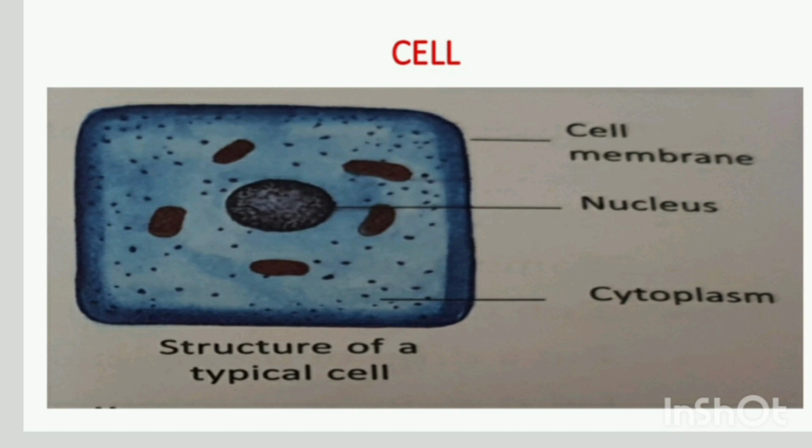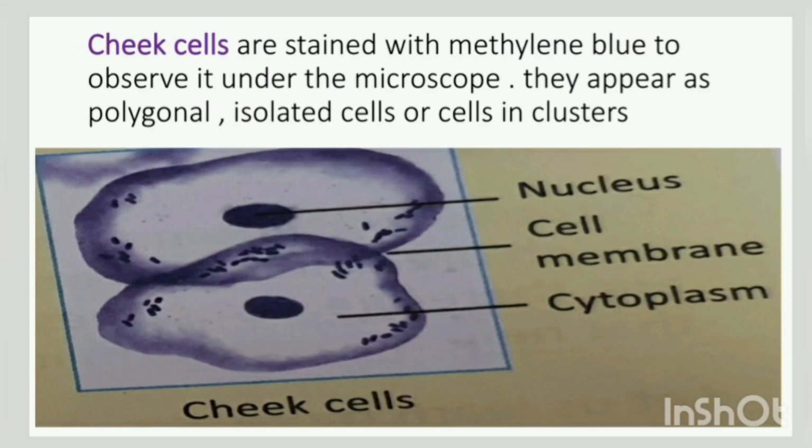And cytoplasm contains all the other structures present in the cell, which perform different functions within a cell, and are called cell organelles. We will be doing them in detail in the next video. This is how a typical cell appears: a cell membrane with a protoplasm, and the protoplasm is the cytoplasm and the nucleus. If we want to prepare a cell slide, then we will see how an animal cell or plant cell will appear.